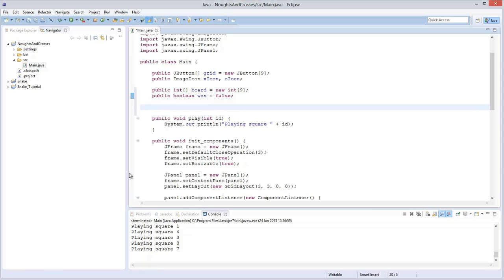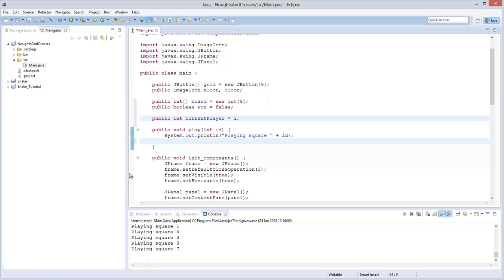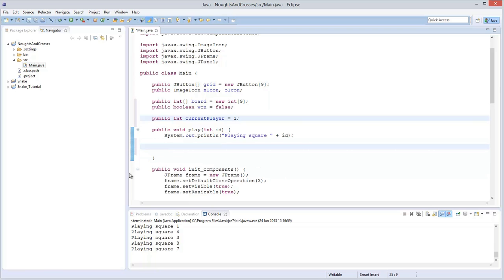And public int current player equals 1. Okay, so what we can do with that is we're going to use the current player to change which player is actually being played. What we're going to say in here is if attempt change,